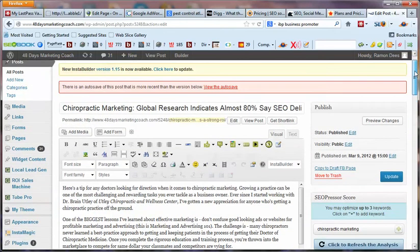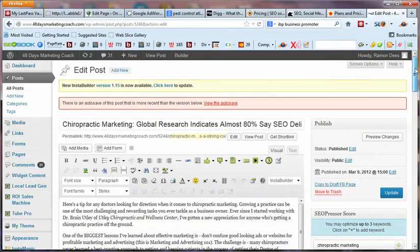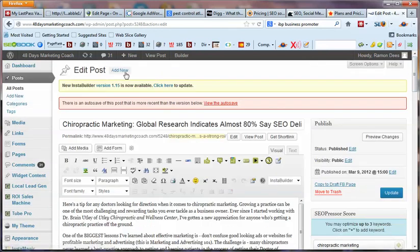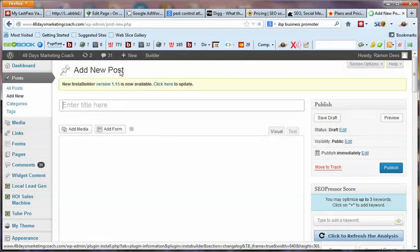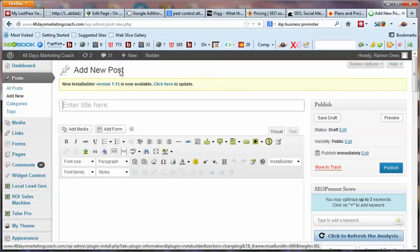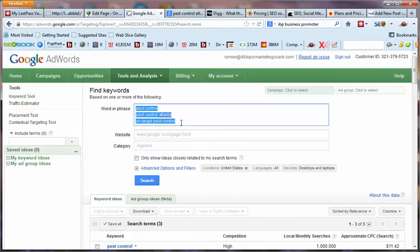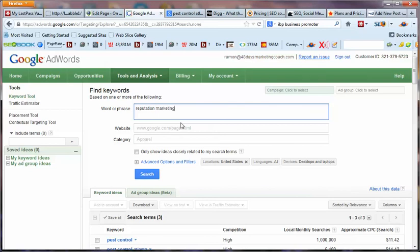Okay, so let me go through this from top to bottom, and I think the pieces should come together a little bit. Let's say I'm going to start writing a blog post or a page, and I'm going to use this because this is where I am right now in my business. I want to let people know what I'm doing with reputation marketing. So the first thing I'm going to do is pop over here, and type in a handful of words and terms that I know relate to what I want to talk about. What I'm really trying to do is get a gauge on what people are really looking for. Okay, so I'm going to just create a